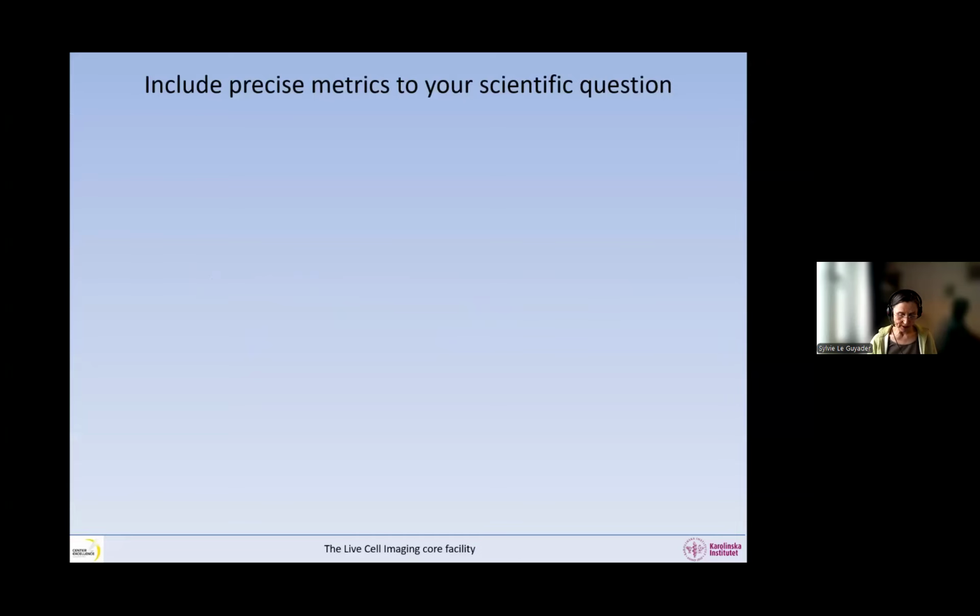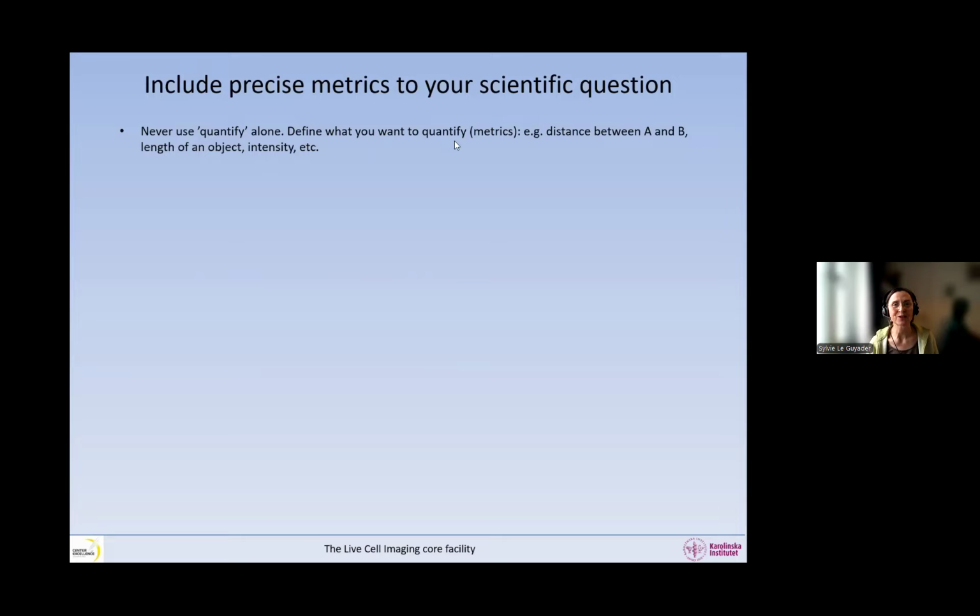Before I get started with publishing and displaying your images, I want to remind you that this thing about metrics and the scientific question is the center of the whole thing. So please, when you talk about what you want to extract from your images, do not say, I want to quantify, because unfortunately it has become a bad habit that people say, I want to quantify, and they don't say what they want to quantify. Quantify is like counting. You have to say what you want afterwards. If you avoid the word quantify, you will not have this problem anymore.